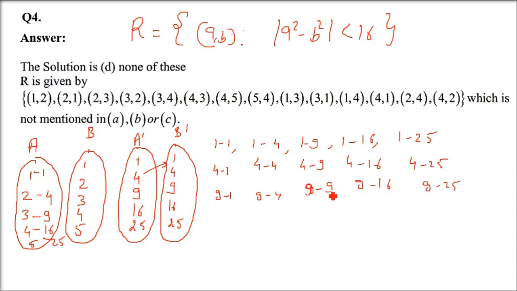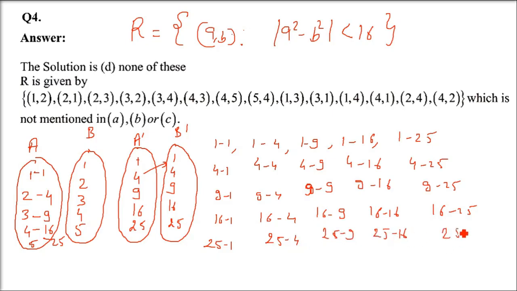Now why I am writing all these, you will just see. This kind of question is given in MCQ, but this will take some effort. So 16 all I have written, and then 25 minus 1 till 25 minus 25. Now you see here, I'll take the first row. Others I would like you to do. Mod is there. Please remember that this is modulus. Modulus has to be less than 16.